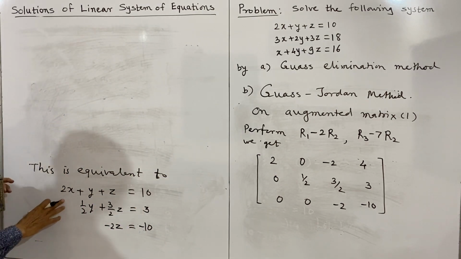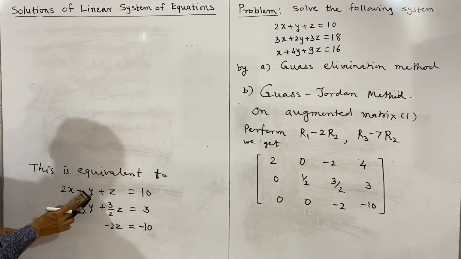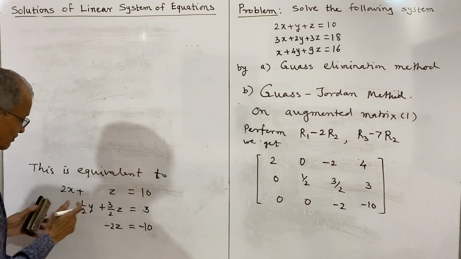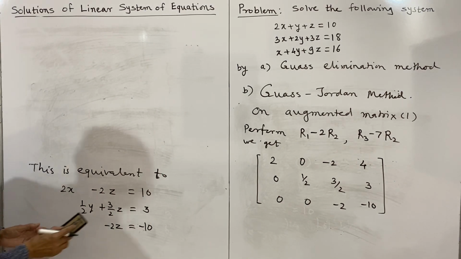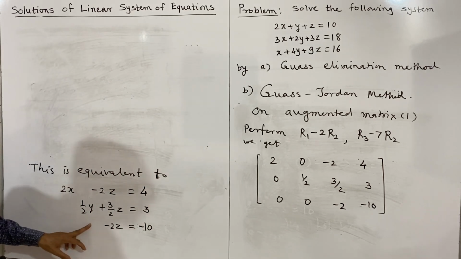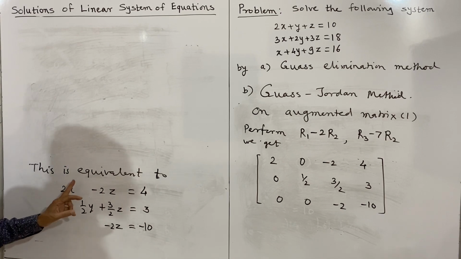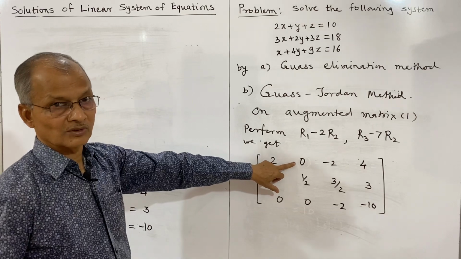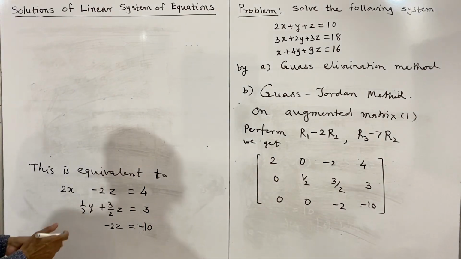It is 2x. Now y is absent, so 0y. And what is z? z is minus 2, minus 2 times z. 2x minus 2z is equal to 4. See, the second equation remains the same, and the third is also the same. So only this is the change. That means the element here we have converted to 0. Actually we have eliminated x2 from the first equation also. Solving these,